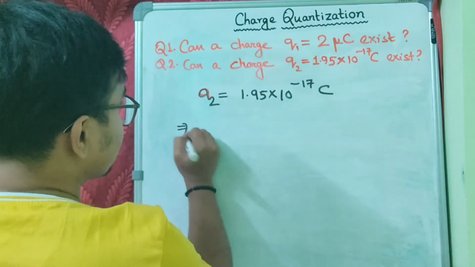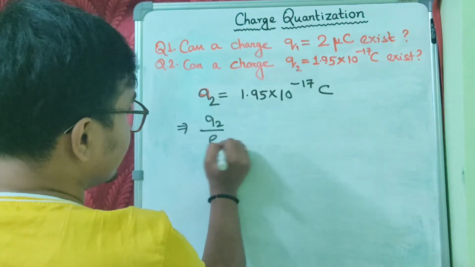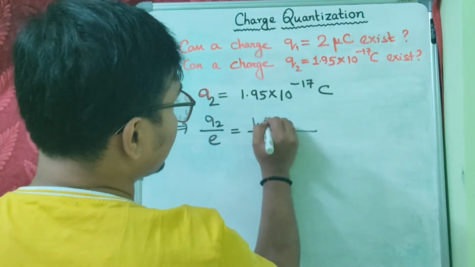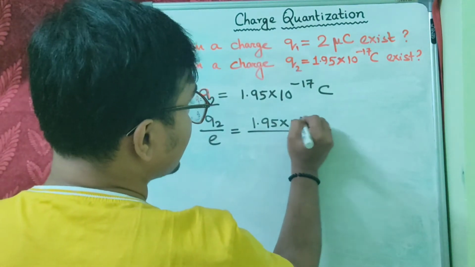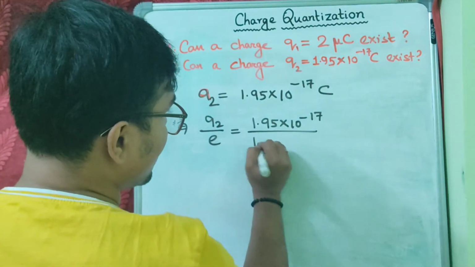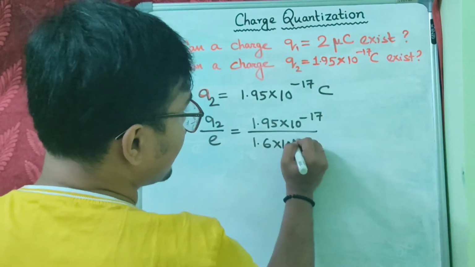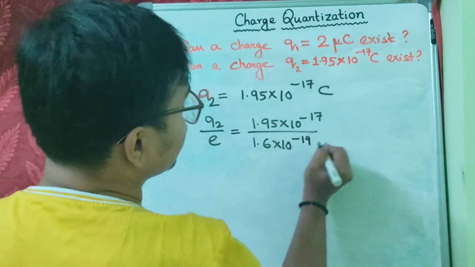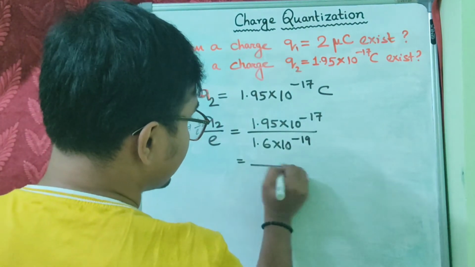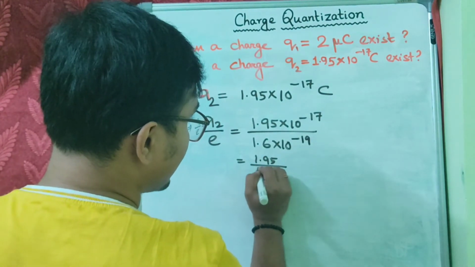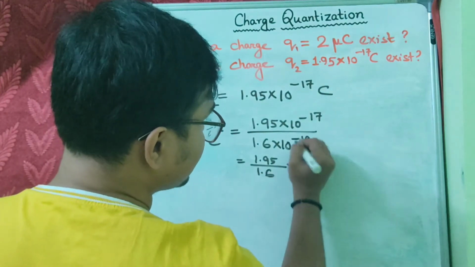So we will write q2 by E, that is equal to 1.95 into 10 to the power minus 17 by 1.6 into 10 to the power minus 19, and from there we get 1.95 by 1.6 into 10 to the power 2,